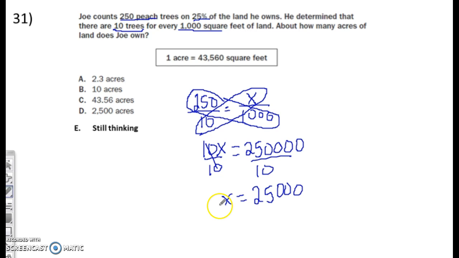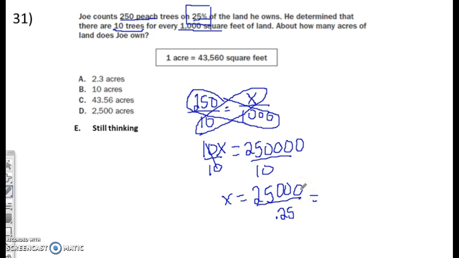So what that tells us is this total land that has 250 trees on it is this big. It's 25,000 square feet. So this represents the amount of land that's 25% of the total land that he owns. So now we're going to use that piece of information to figure out his total. So if we take this piece of land that just has the 25% and we divide it by 25%, or by 0.25,